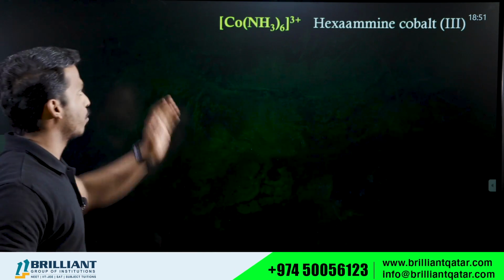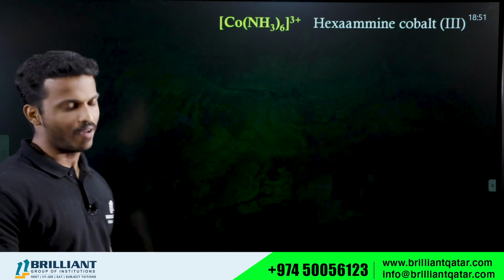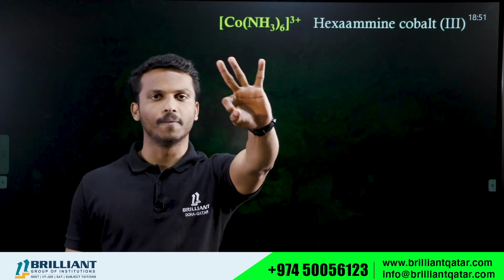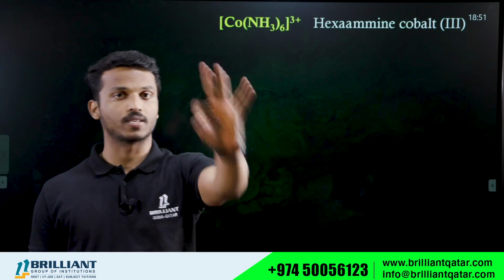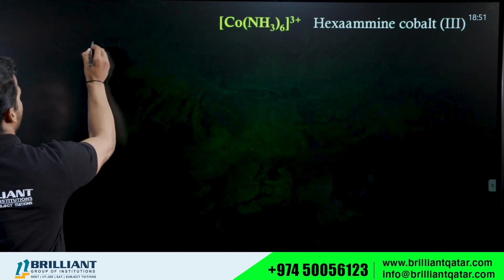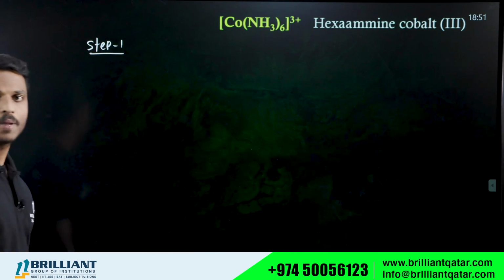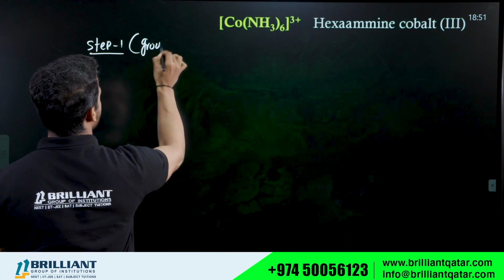Okay, so I'm going to apply the VB theory, valence bond theory, for the complex. Valence bond theory has a total of 3 steps. All of you, valence bond theory has 3 steps. Okay, first, step number 1. What is step number 1? Step number 1 is to write the ground state